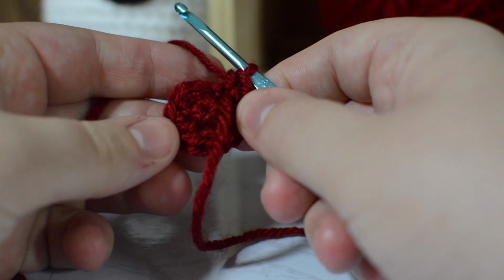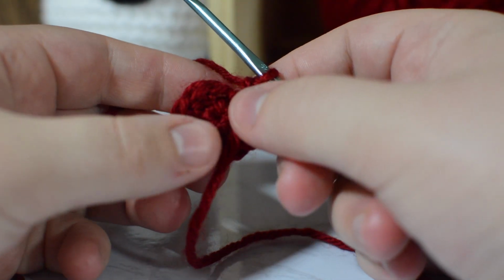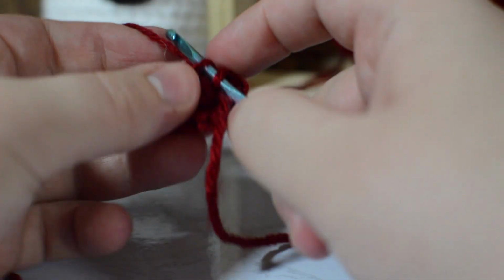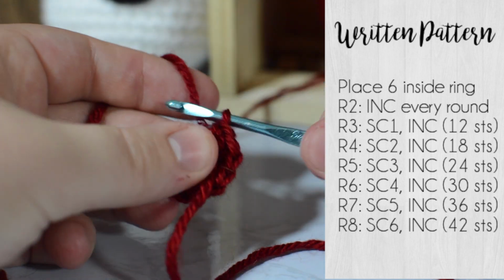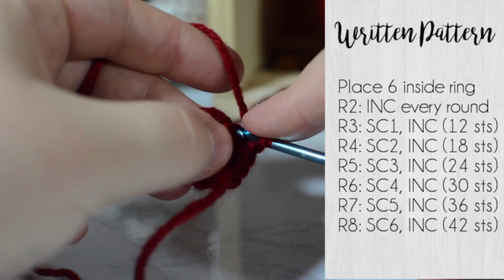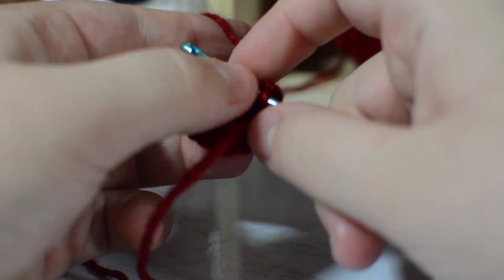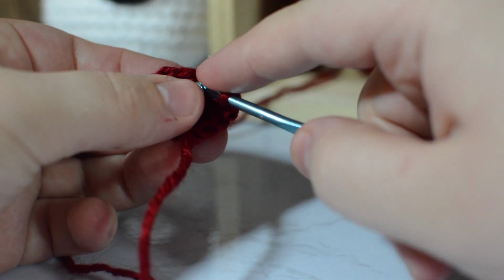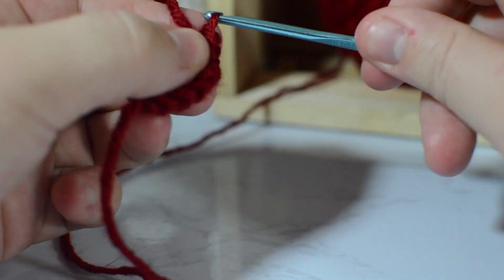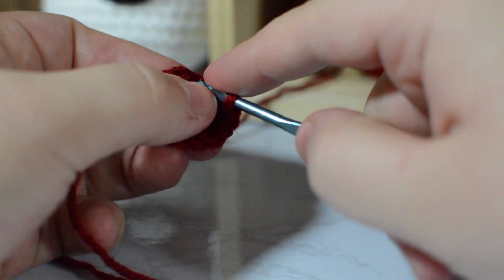Here, we're going to start off doing single crocheting 1 and then increasing, single crocheting 1, increasing. That's how we're going to get to our 18. So this is our first stitch. We're going to just single crochet him, and then we're going to increase our next round. Our next stitch. So 1, 2, 1, increase,